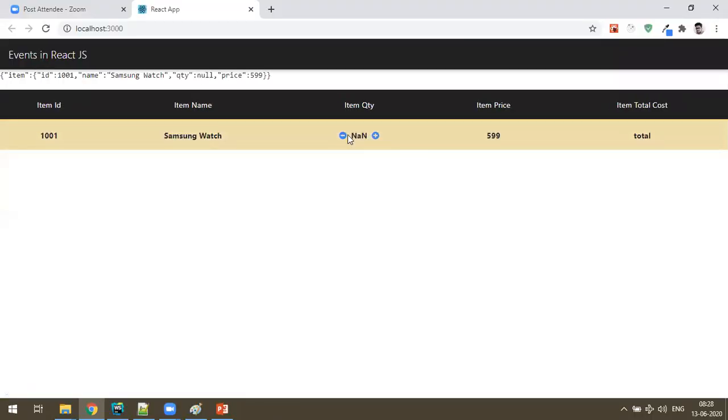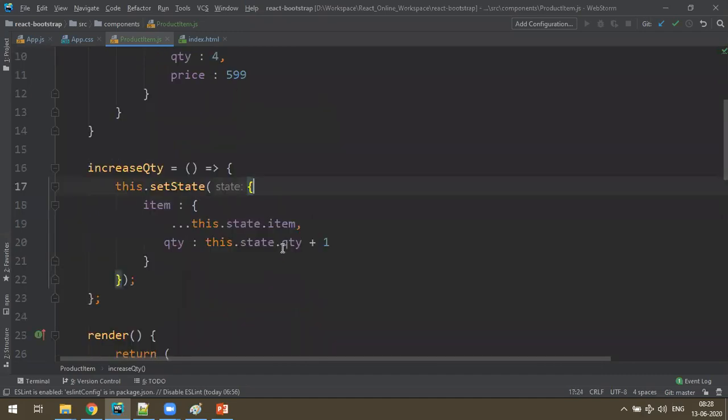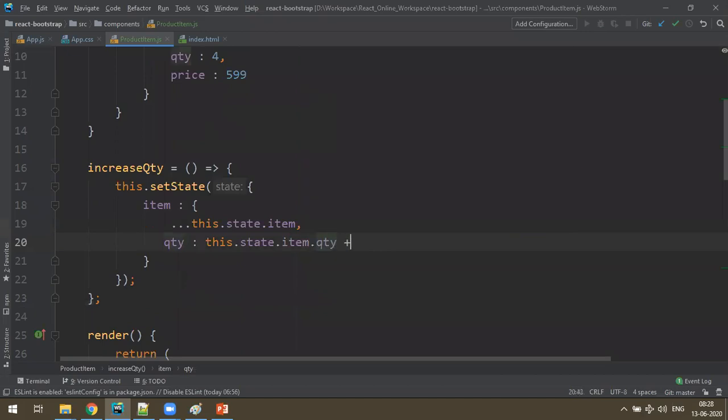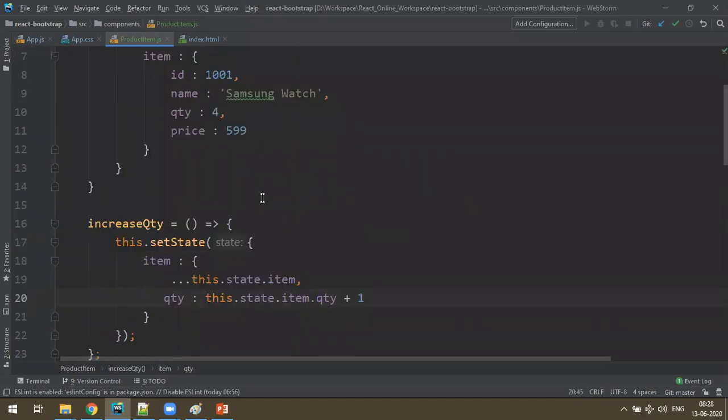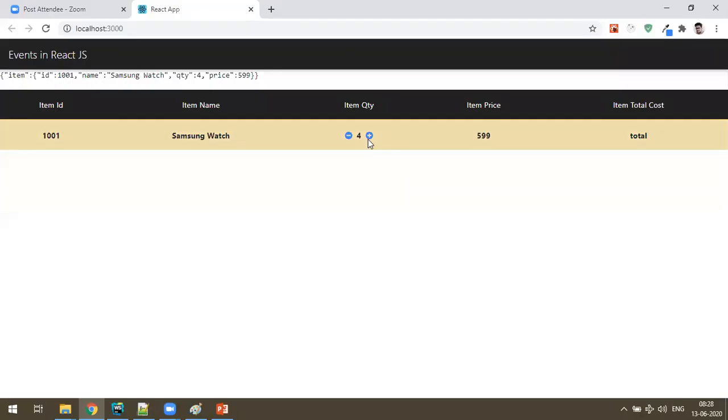Yes, it's become null. Okay, let's see what happened. this.state.quantity. Sorry, it's not this.state. This is item, this.state.item.quantity plus one, because quantity is inside an item, right? Okay, now check. Click on the plus symbol. You got 5, 6, 7, 8. Yes, it is working. Fine.